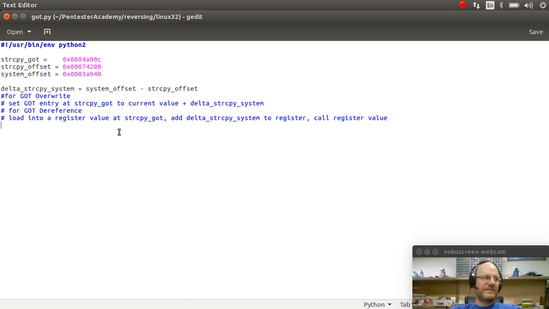So that is how I could use this to call system. Now, what if I wanted to call other functions? The method is the same. No matter what I want to call, all I have to do is have a function that has been used, that has a GOT entry,